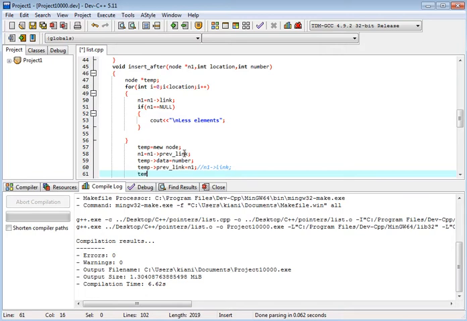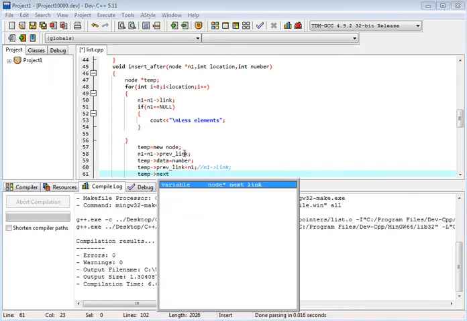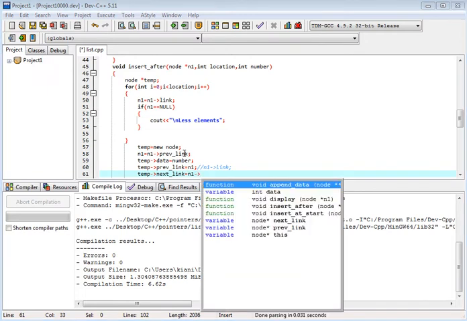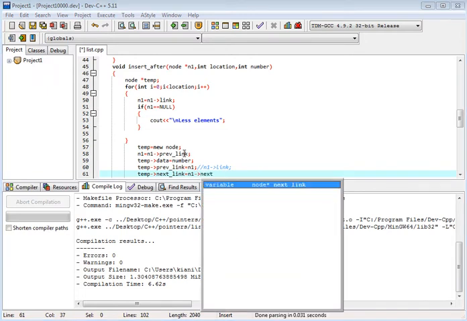And what should be the temp next? Temp next link. Next link is n1 next.